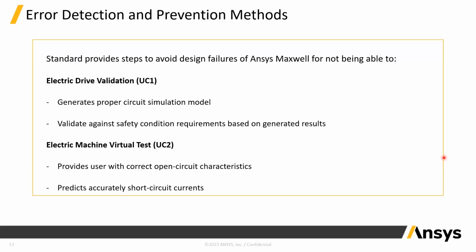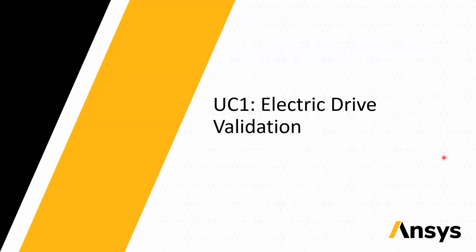What the user needs to do to be able to mitigate and prevent those from happening. This is the foundation of safety compliance specified by ISO 26262, and Maxwell is required to fulfill it. These are a little bit more explanations and on each